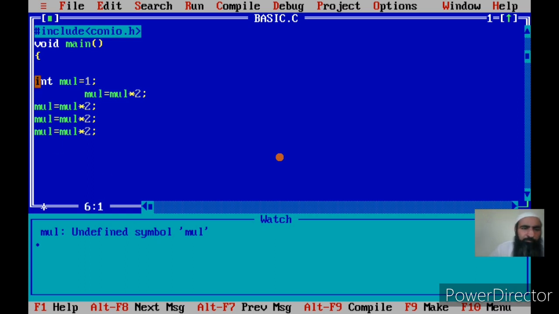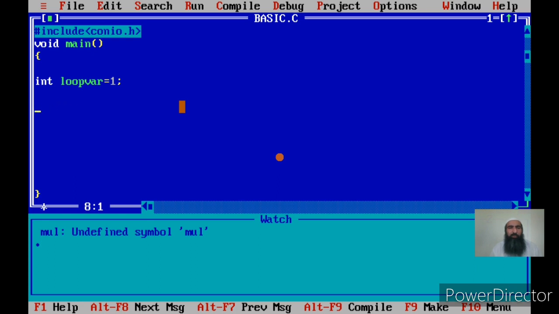To write a program for loops, you can write this program. I will call a variable that I'll use to control my loops as loop var. I put the initial value of loop var as 1. This is called the initialization of the loop variable. As I told you, there are three parts for every loop. One is the initialization of the loop variable, second is the condition check, and third is the incrementation of a loop variable. So this is the initialization part, where you give the initial value to the loop variable, that is the variable that controls the loop. My loop variable is an integer variable, and I am giving an initial value 1 to it.